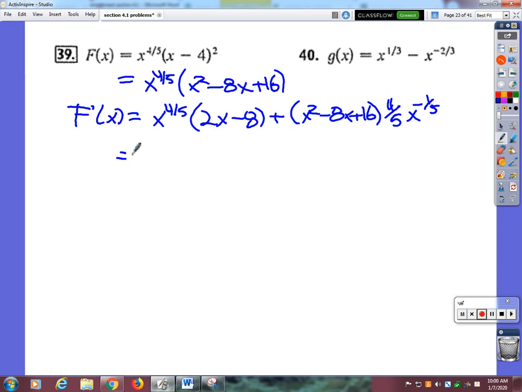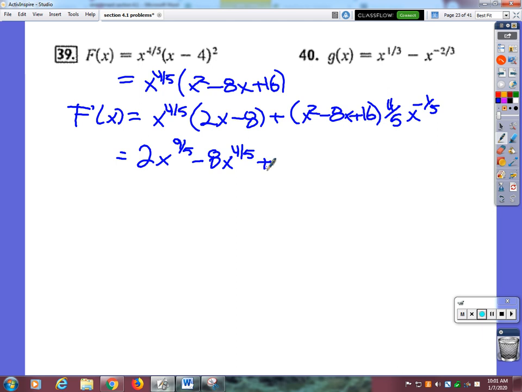Okay, so then let's distribute this. So that's 2x to the what? Well, what's x to the 4/5 times x? Add the exponents. How many fifths is x to the first? Yeah, so it'll end up being x to the 9/5. Minus 8x to the 4/5